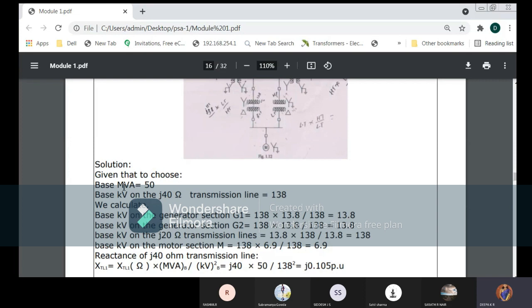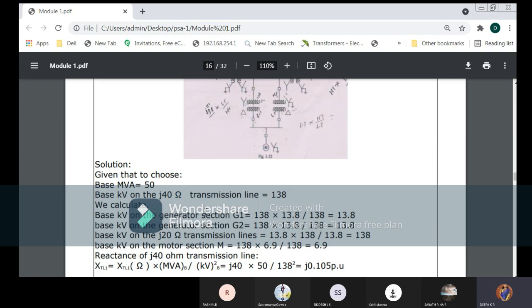Okay, so they have given the MVA. This is the new base value. You can write new wherever you find it in a formula. MVA is existing every time, and there you write new, so everywhere you can write 50 MVA. And that is particularly based on the 40 ohm transmission line, because you have three different transmission lines, 40, 20, 20. But exactly they have given 50 as the new value, and this is applicable to all the cases. But base value 40 ohm is applicable with the transmission line voltage as 138.